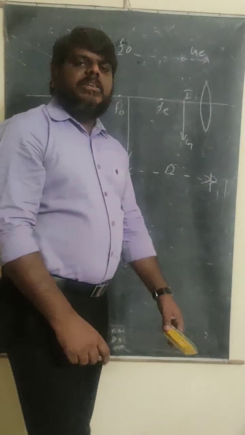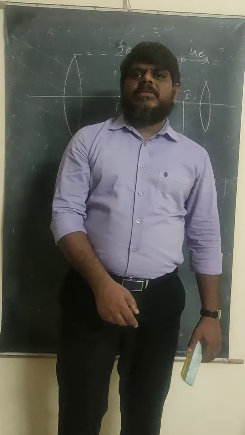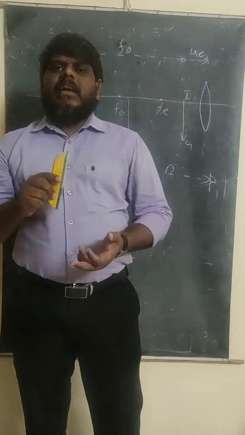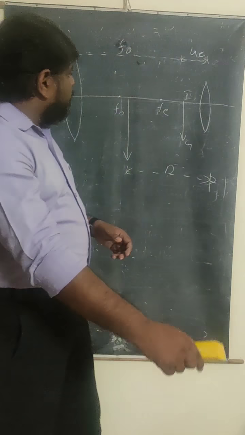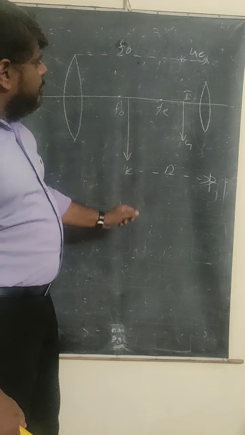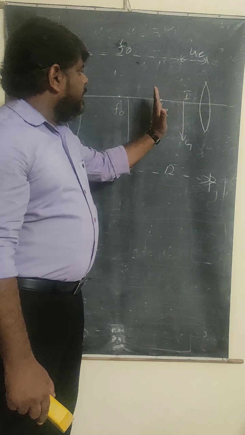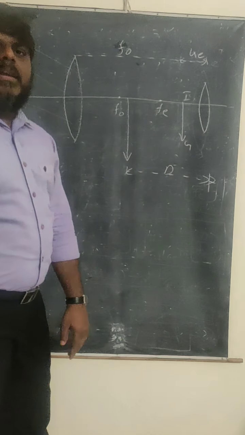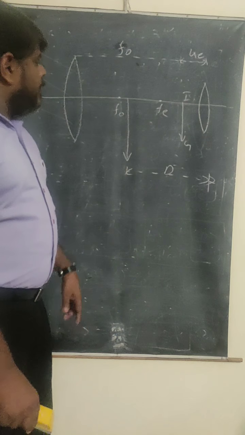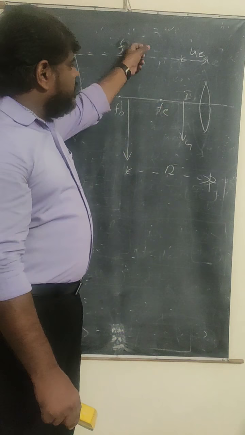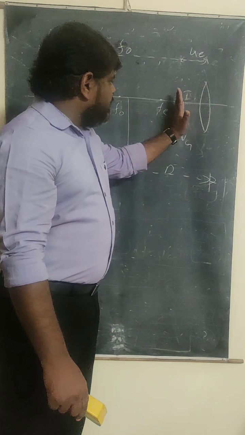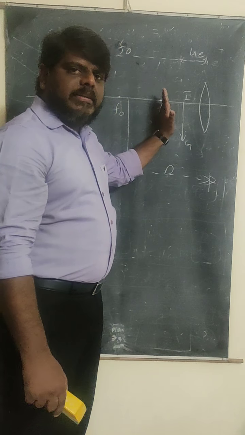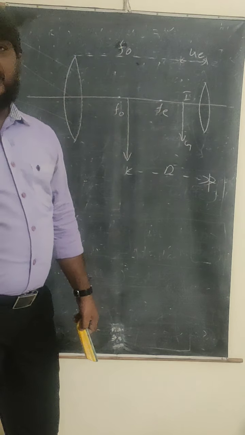Same again, in the case of telescope also, two types of adjustments will be there: near point adjustment and far point adjustment. In the case of near point adjustment, by using the rack and pinion screw, the image should be produced between Fe and optic center. Then the final image is produced at the least distance of distinct vision. In the case of far point adjustment, by using the rack and pinion screw, this image is going to be produced exactly at the principal focus. Then the final image will be at infinite distance.